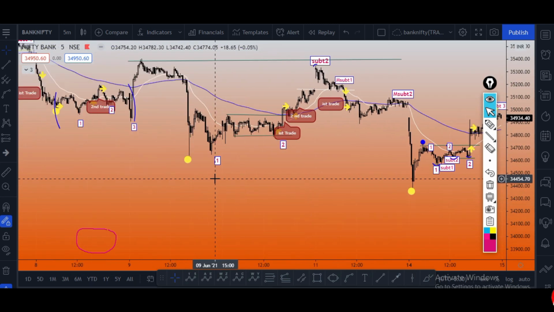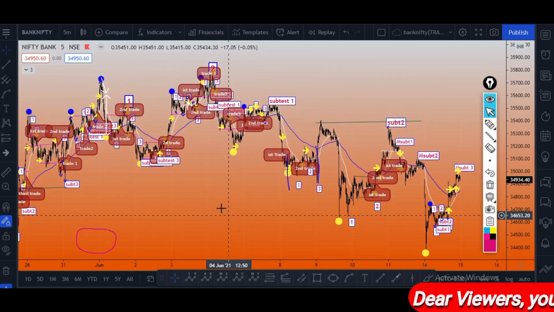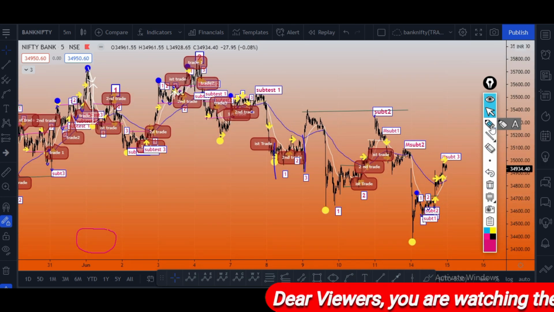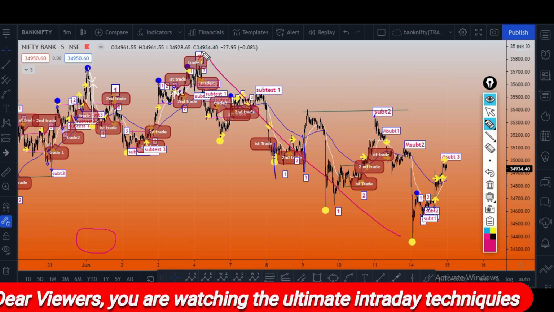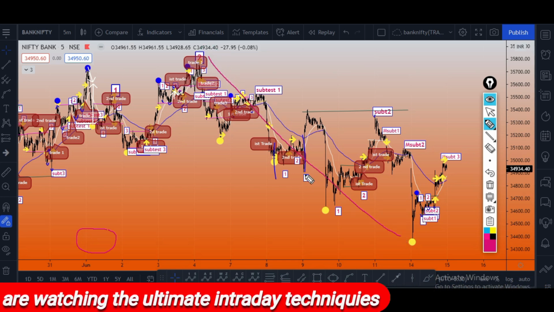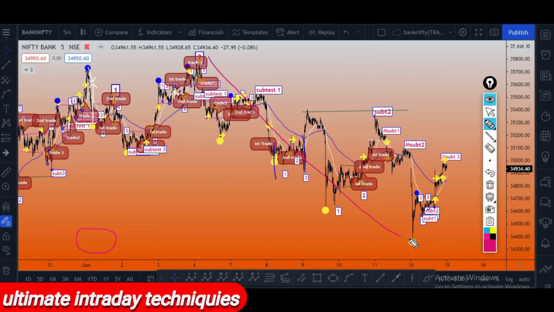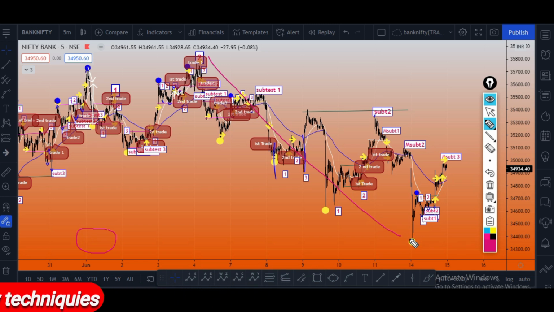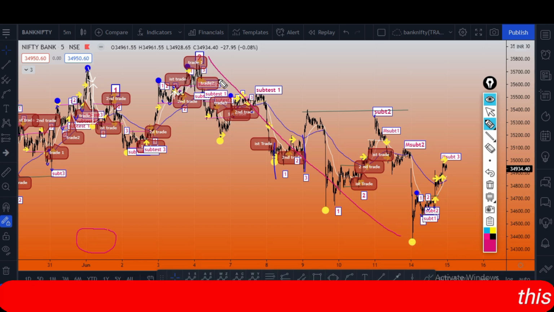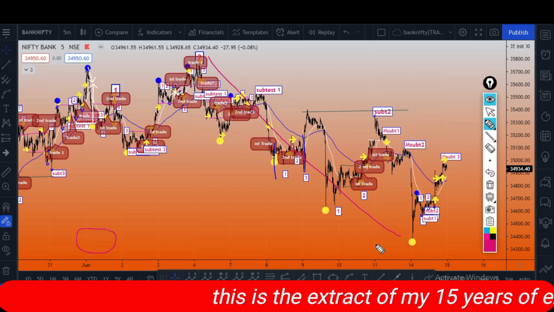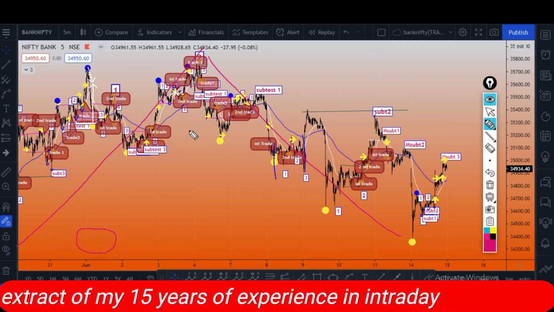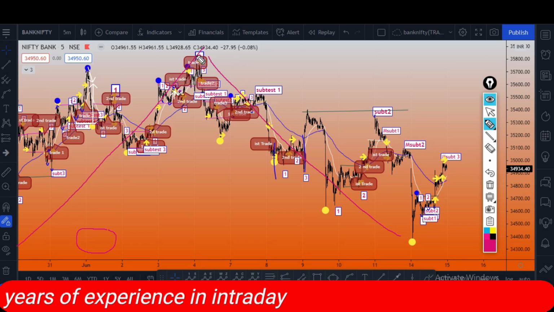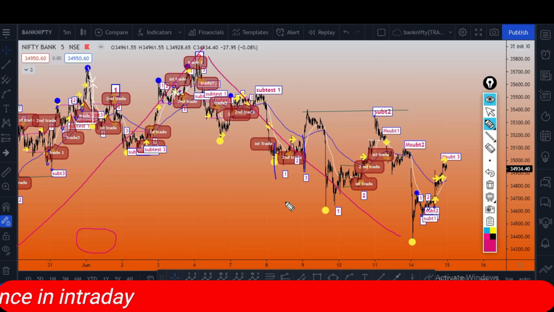You see here, this is the cycle of downside. The downside cycle starts from this point to this point. Okay, since we are in the downside cycle, it means this cycle is the counter trend of this long cycle. It means we are in the counter trend of the long cycle.